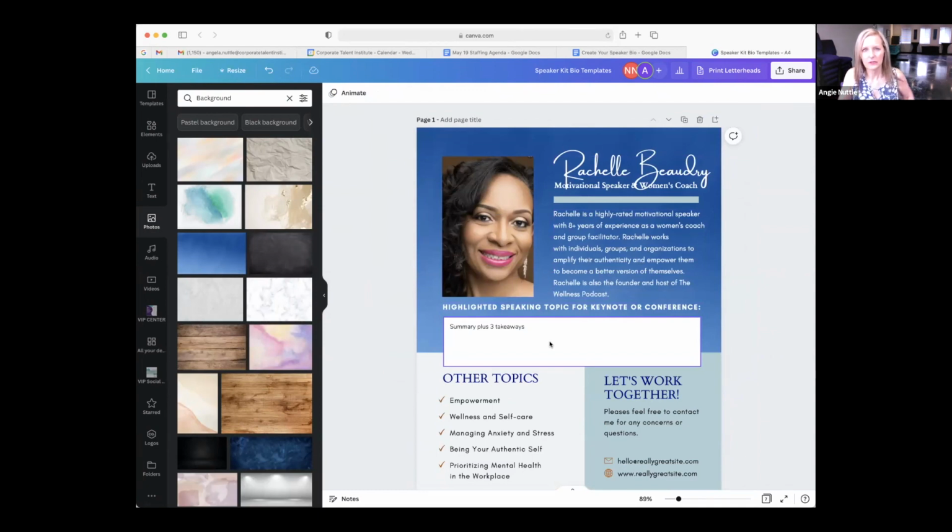So simple little trick. Where it says add page title, can you label your pages? Like you can say original or try free. Okay. Original bio, yep. And then when you save it or you share it, that will